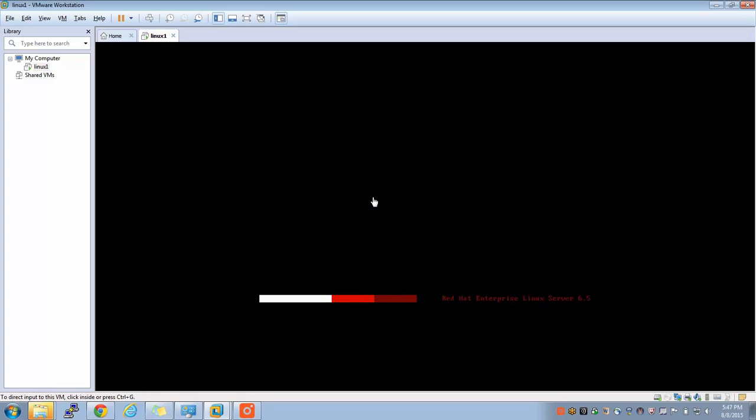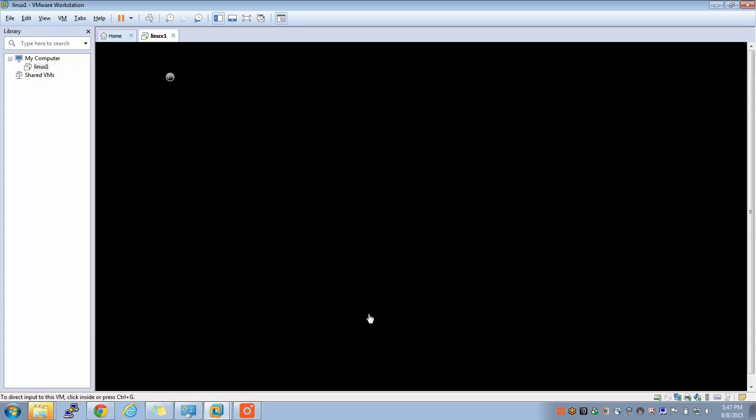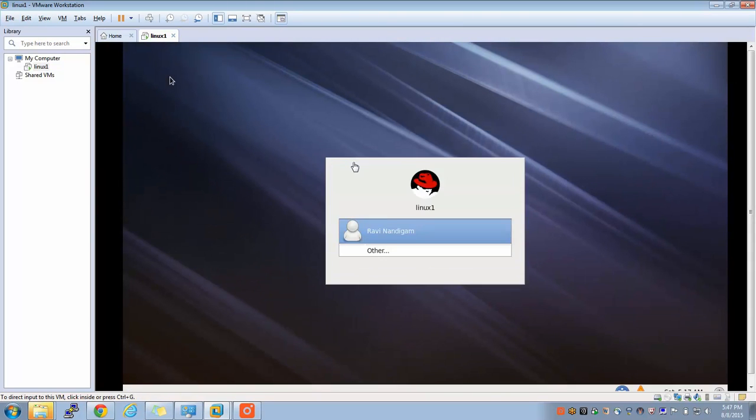Let's wait for this to start. This is the disadvantage of powering off and powering on. It's going to take a long time, because it has to start from scratch again. Now I simply click on this and I say password and I click on